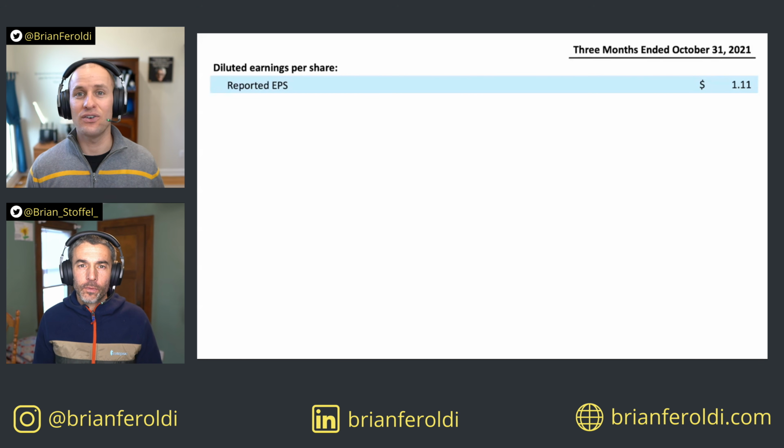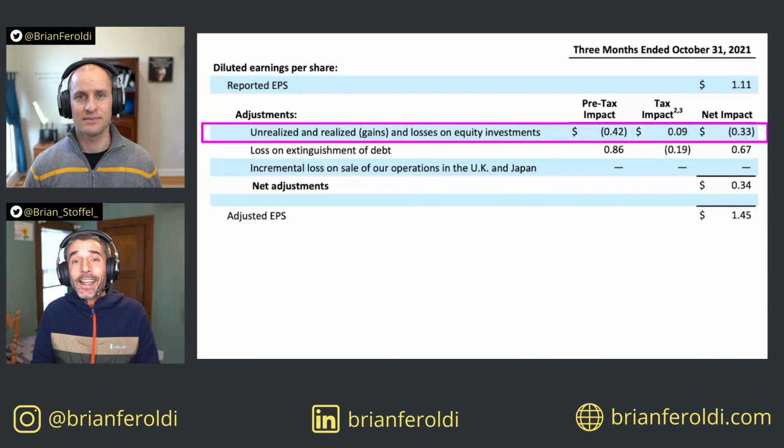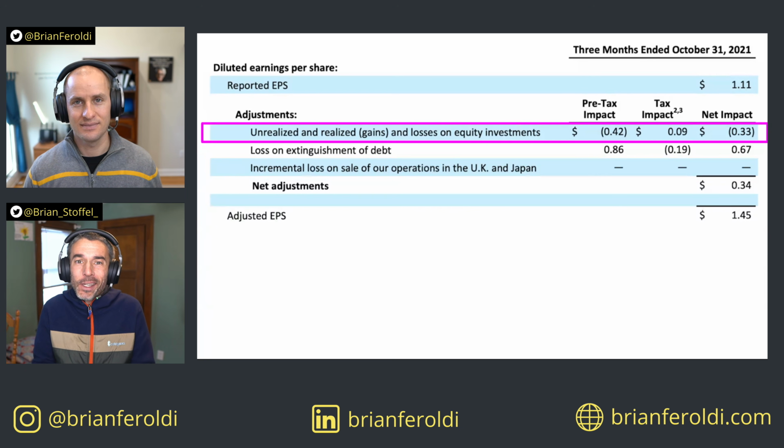Okay, Brian, let's take a look at Walmart's third quarter earnings of 2021, in which it recorded earnings per share of $1.11. That's on a GAAP basis. Right. And Walmart did a great job of making it easy to see how $1.11 doesn't really tell the whole story. Here's why. First, the company showed that it recognized an unrealized gain in some of its equity investments. In other words, Walmart held shares of some other companies and those shares went up between the end of the previous quarter and the end of the current quarter. They said, that doesn't make sense to add on to our earnings per share because it doesn't reflect our core business. So we will subtract out that gain.